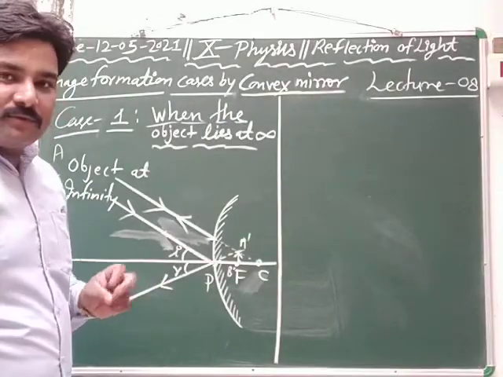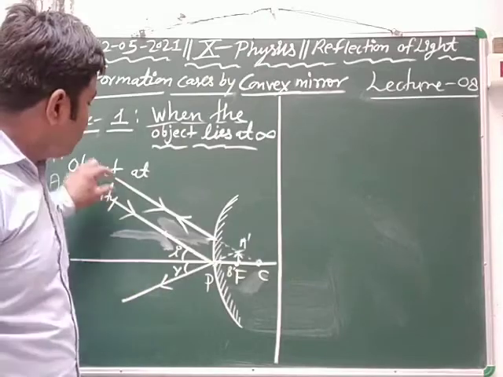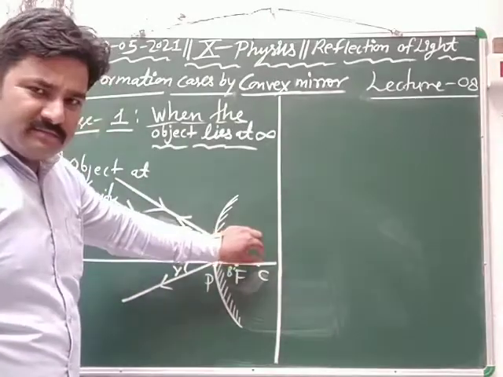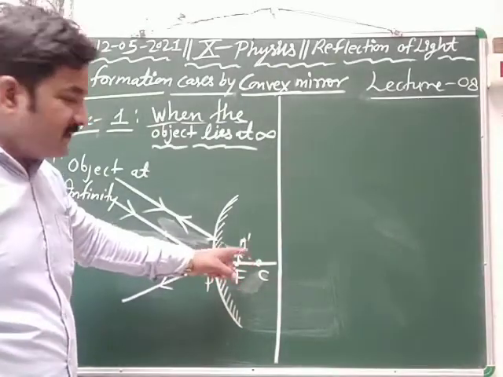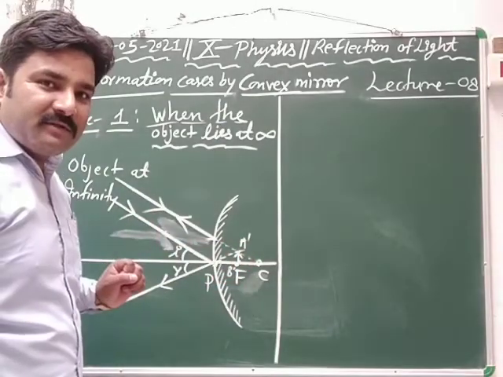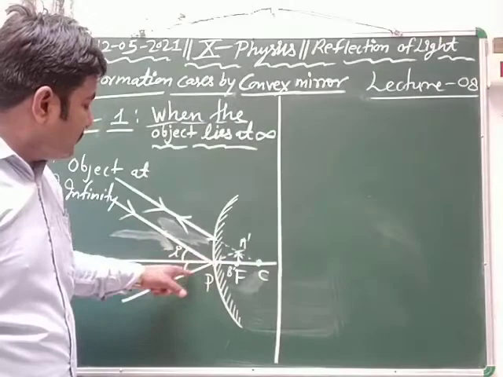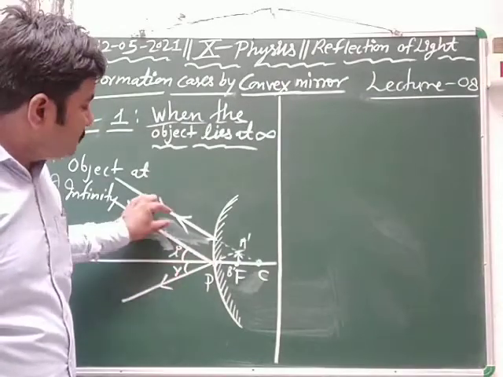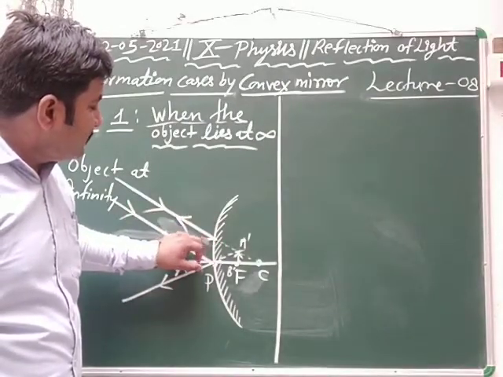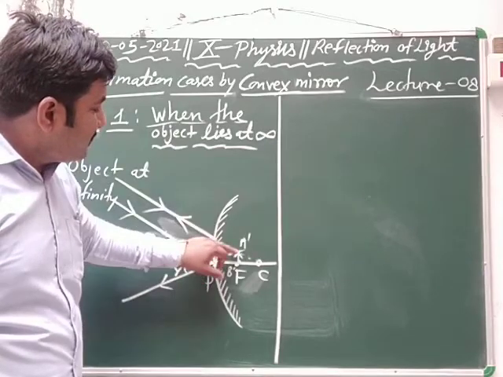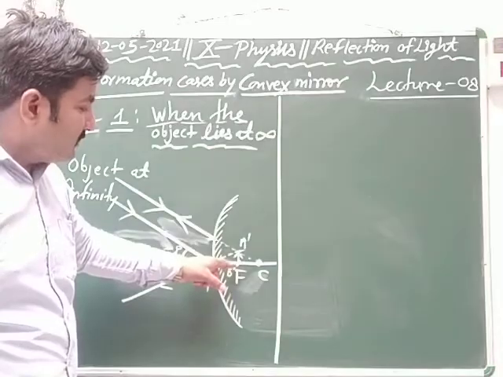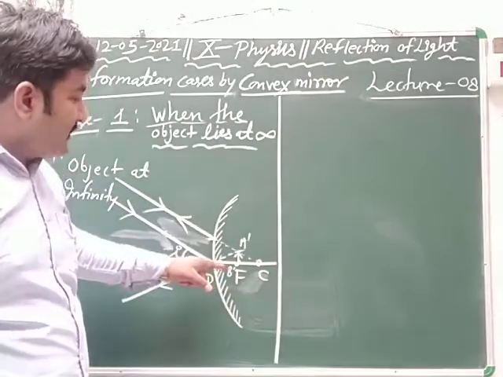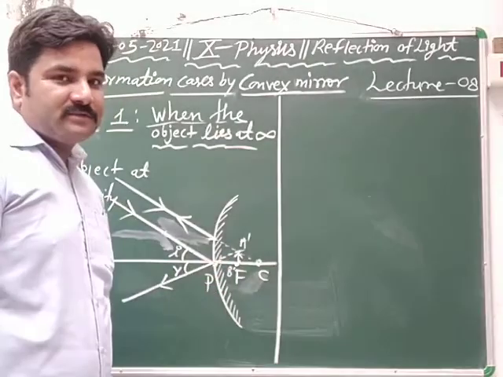Just listen again. Two rays taken parallel in the sense, one approaching towards the center of curvature, then after reflection retraces its own path, and the second one is what? Incident at pole, then follows the laws of reflection. When these two rays proceeding back side then intersect at a point A dash, and draw a perpendicular, then this perpendicular falls on focus. So the image is found at focus.